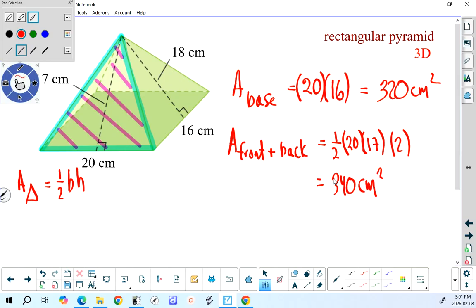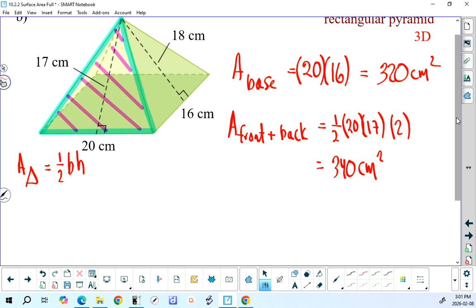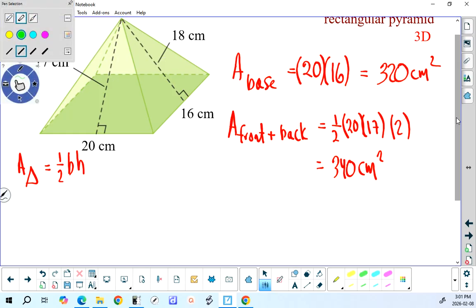Now what I need to do is find the area of the right-hand side, and I also need to find the area of the left-hand side. Well, they will be equal, so I'm going to find the area of the right-hand side and double it for the right and left. What am I finding here? I'll just indicate it to you. I am finding the area of this side of the pyramid,